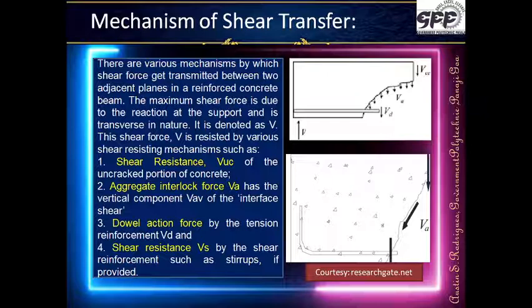Now what are the internal forces which are trying to resist this particular cut? The first thing is the uncracked portion of the concrete. The concrete which is uncracked, which is intact, has its own shear resisting capability, just like the way it has its own moment resisting capability. In this first sketch, this top portion which has remained uncracked has its own capability of resisting the shear. Let me call it VOC.